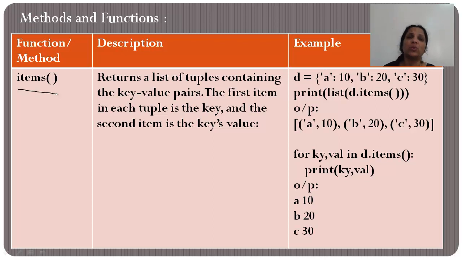Now since I'm not aware of how to deal with a dict_items object, what do I do in my program? I convert it to a list. So here in the print statement, I have written list of d dot items, which means these items, instead of the dict_items type, are converted to a list, and you see that I have got all the items in a list. Now another interesting thing that I would want to show you here is the for loop.